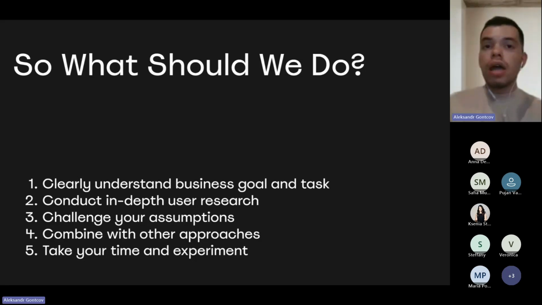Combine it with other approaches. Absolutely phenomenal comment, absolutely great comment about identifying the whys. Do that, expand the approach, think about jobs to be done just as a tool, right? You've got your goal, jobs to be done is just a tool. Apply this tool alongside the other tools to solve the problem in the best way possible. And of course, take your time to experiment, to learn, make mistakes, learn from them, and develop.